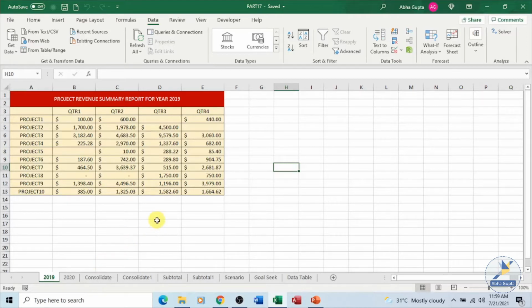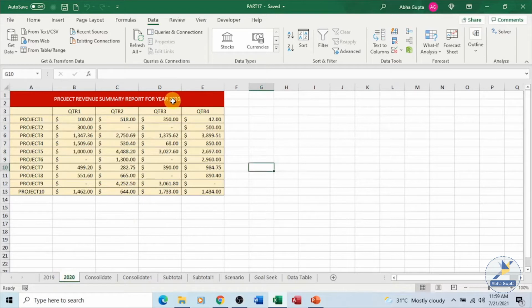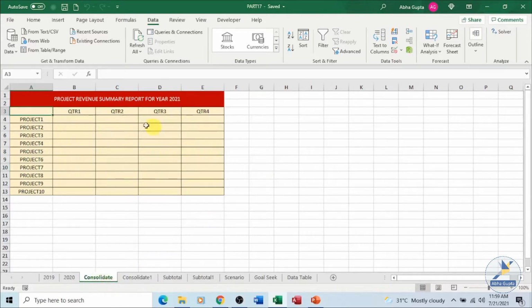So here we make use of the data consolidation feature of Excel. Here you can see 2019 data is there and 2020 data is there, and we want to put them together on this particular sheet. So the data consolidation function takes data from a series of worksheets or workbooks and summarizes it into a single worksheet or a master worksheet that you can update easily.